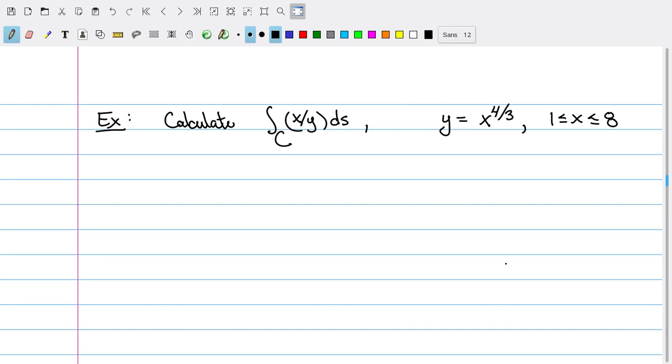Let's do another example. Here I want to calculate the integral over C of x over y ds, where C is the curve y equals x to the 4/3 between x equals 1 and x equals 8. We can come up with several parameterizations of the curve in order to calculate this line integral. One example is taking r of t to just be t, t to the 4/3, between t equals 1 and t equals 8. We can see that this parameterizes exactly the curve described by this function. Let me actually specify that C is the curve